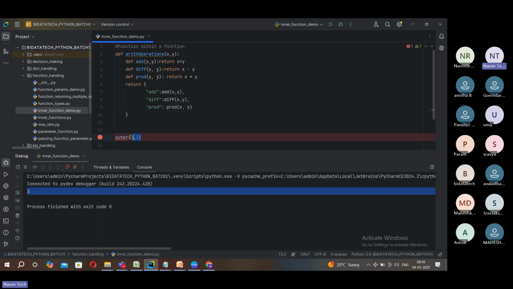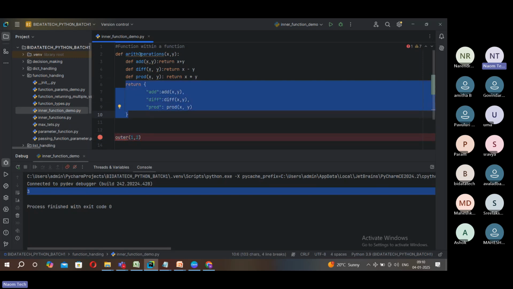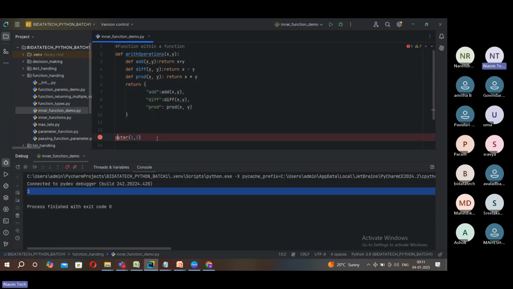Now, when you call the outer function, this outer function is definitely returning a value. So what do you do when any function returns a value? We have to assign it to some variable. Okay, some result equal to this. We have already discussed this, so copy this method name. We changed the method name, so just change that. Whenever a function is returning a value, make sure, as we had clearly discussed even in the previous session,